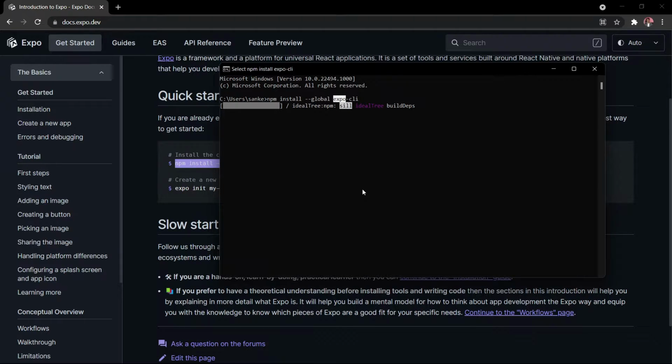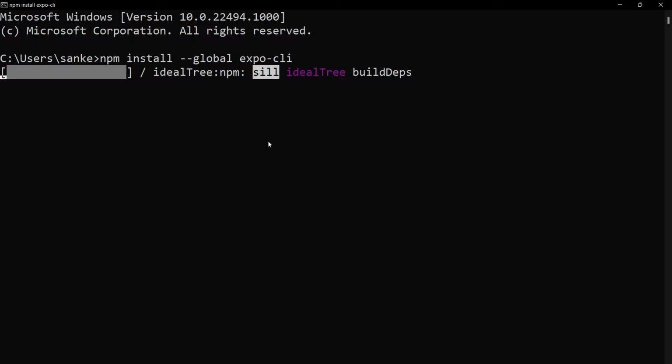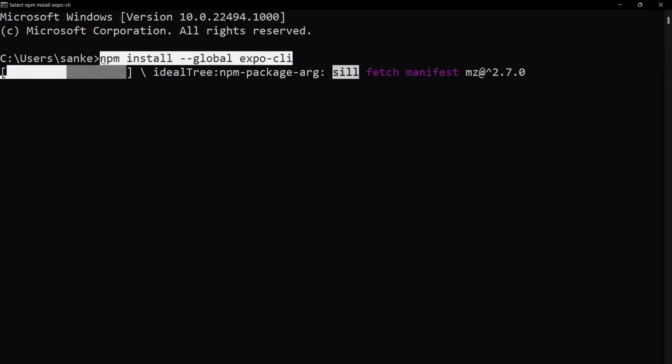I already have Expo, so I don't need to worry about it. But yeah, definitely I need to just wait for some time here. Okay, if you got the command npm install hyphen hyphen, or you can say minus minus, dash dash sign global expo CLI, you can just copy it or you can type it. It was really easy. It will download some of the packages, and this command is also useful to upgrade